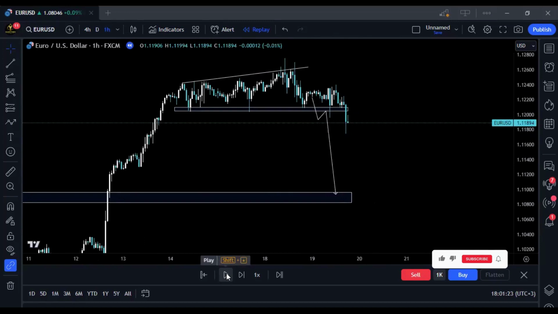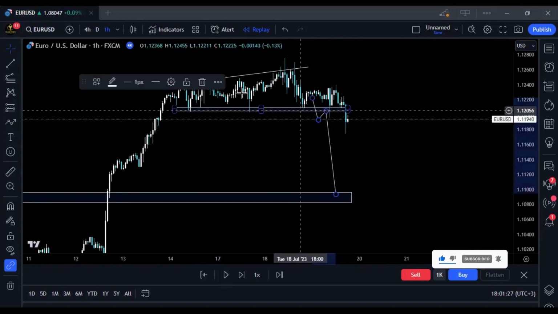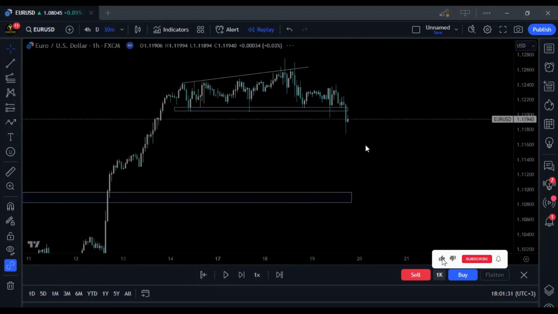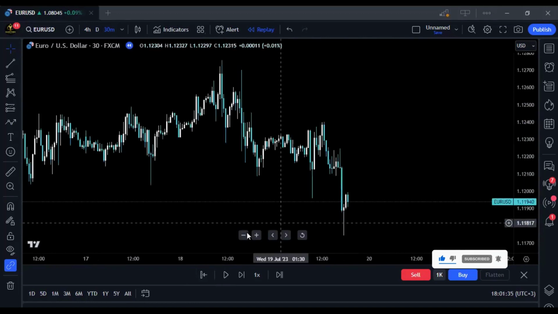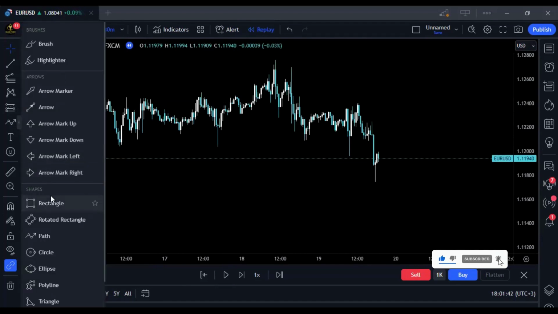Okay, hold on. Okay, so we have a break, ladies and gentlemen. We can go on the lower time frames and look for possible entries. So the 1 hour was very aggressive, so taking an entry on the 1 hour would be some kind of